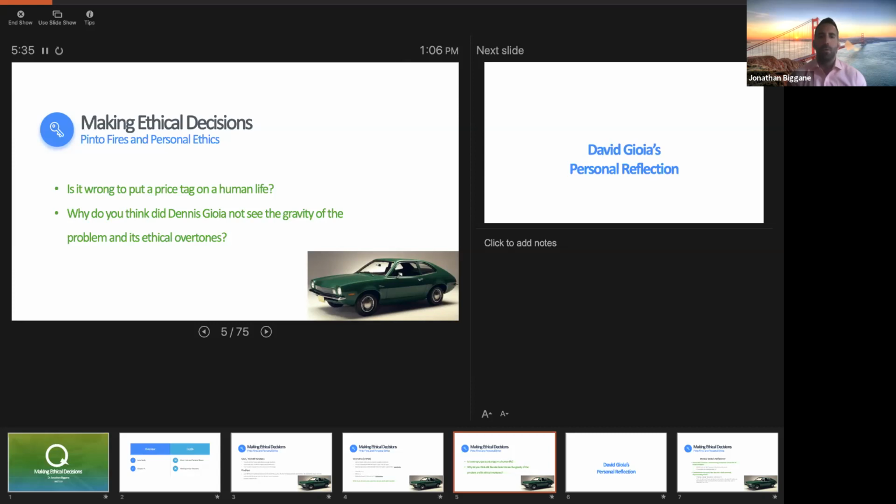But before we start making decisions about the case, let's look firsthand into what David Goya said. So David Goya was someone who was very ambitious, very competitive. He got his MBA and he wanted to go change the world. He was protesting against the Vietnam War and generally a proponent of human rights. And so he thought the best way to change the system is to be inside it.